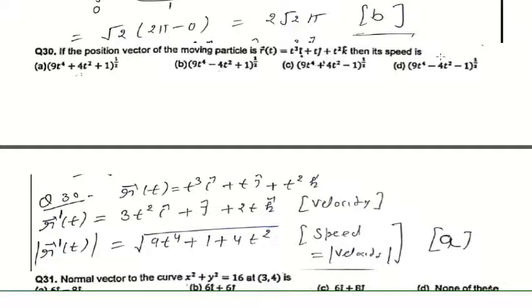Calculate the speed. How to calculate speed? If we differentiate the position vector, we will get velocity, and the magnitude of velocity is speed. It is a position vector, we differentiated it to get 3t square, 1, 2t, and we took its magnitude: 3t square squared is 9t power 4, plus 1, plus 4t square. So the square root of this is the speed, the magnitude of velocity. So which option is correct? A option is correct. Otherwise, whenever we take the magnitude, all the terms should have a plus sign. There are all these three terms containing a negative sign. So A is the right option. Speed is the magnitude of velocity, so you can directly apply it without calculating this.